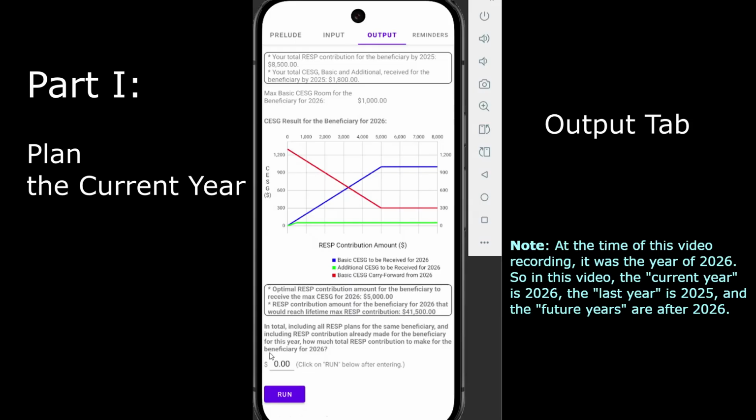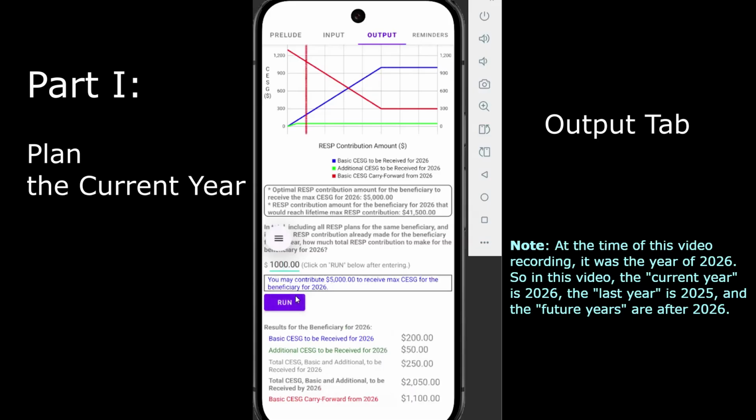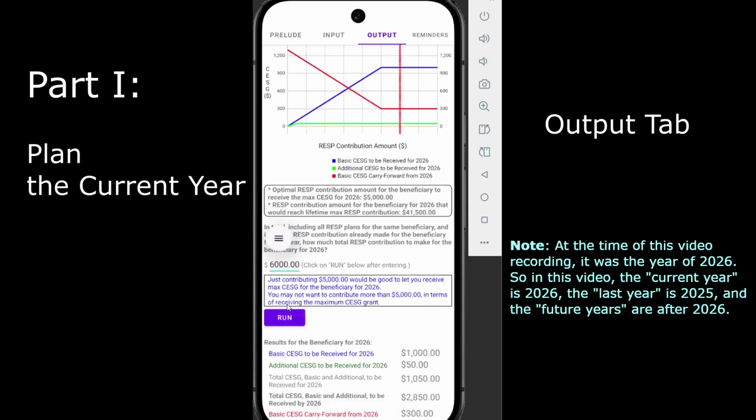In this field, you can enter a total RESP contribution amount to make for the beneficiary for the current year. Let's enter the optimal amount.